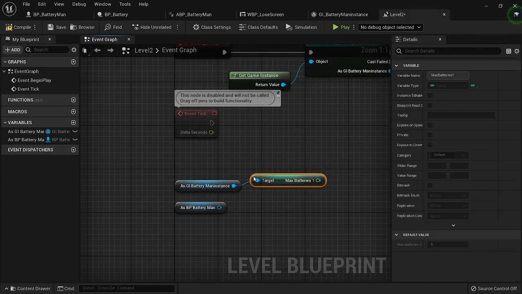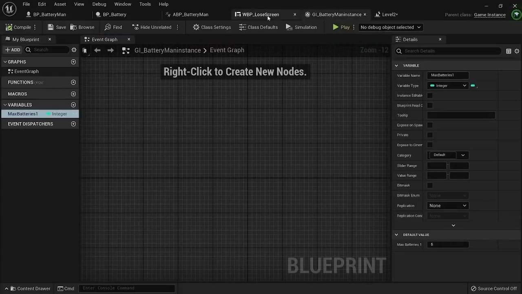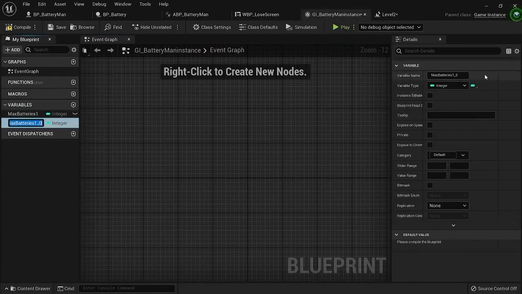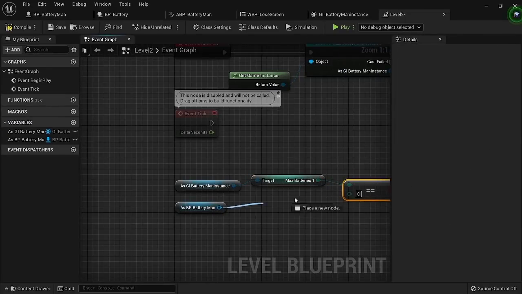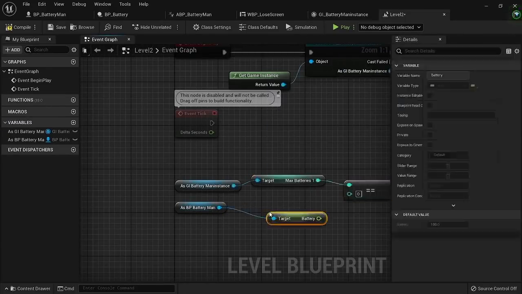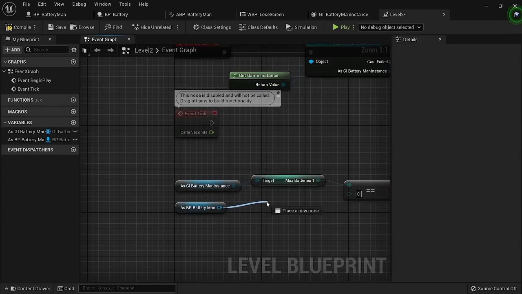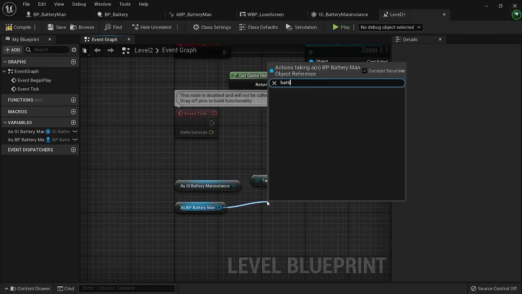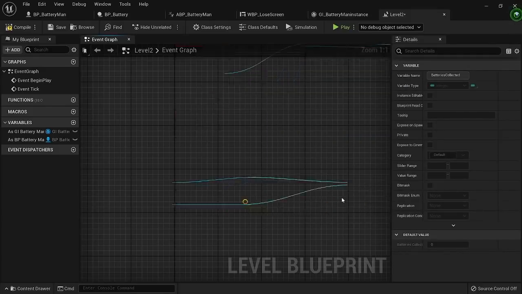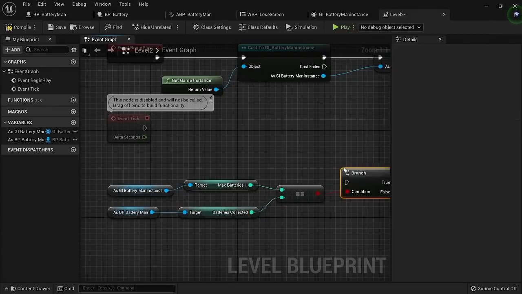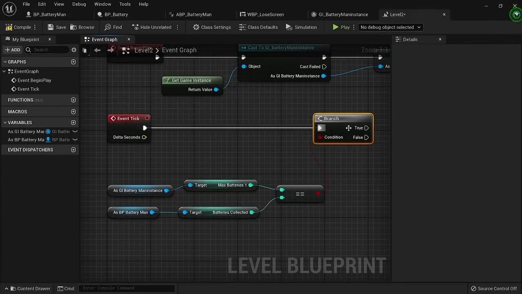Get batteries 1. So we have to create a new condition for level 2. So all you have to do is Control C, Control V, rename this to max batteries 2. I'm just going to make sure the max battery is just something low like 1 for my level 2. So if this is equal to the number of batteries collected, awesome. If this is true, what's going to happen is